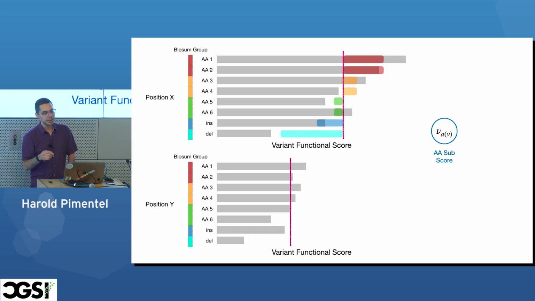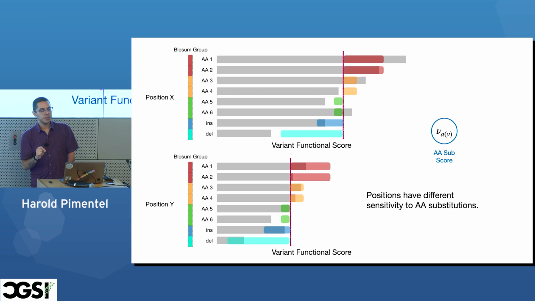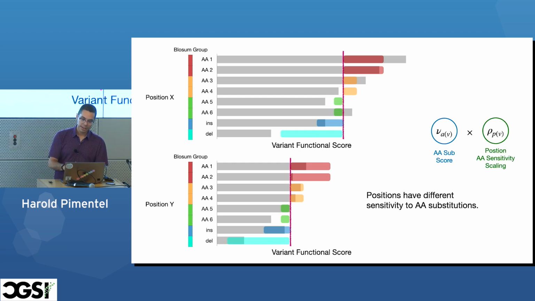However, we talked a little bit about how every position might have a relative scaling. On average, the position mean isn't going to look the same, and the data shows that. So the way you get around this is adding another position-level scaling that enables you to linearly scale this new parameter, which we call rho. This is now saying that we're going to scale the amino acid substitution matrix some amount more or less than other positions. So that's what it would look like scaled.